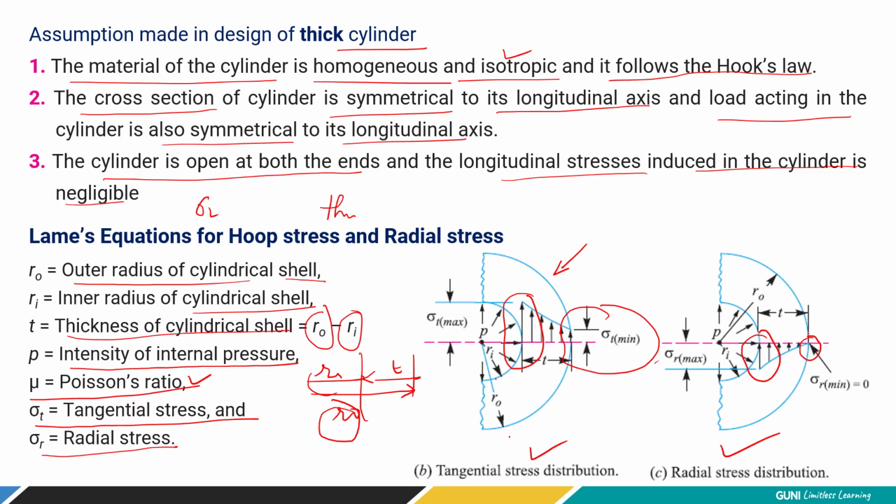Always remember, how can you visualize these stresses? Remember the example of a balloon. When you blow air, it expands in all directions. So the outer surface is subjected to tensile stresses because the material is expanding. So length is increasing, and you experience tensile pulling, right? But the inside surface, because of the thickness, the inside material tries to exert in the reverse direction. It tries to contract, right? So we call that compressive stress, but we call it radial stress, right? So material expands in all directions, from center outward. So we are going to consider tangential stress as well as radial stresses.